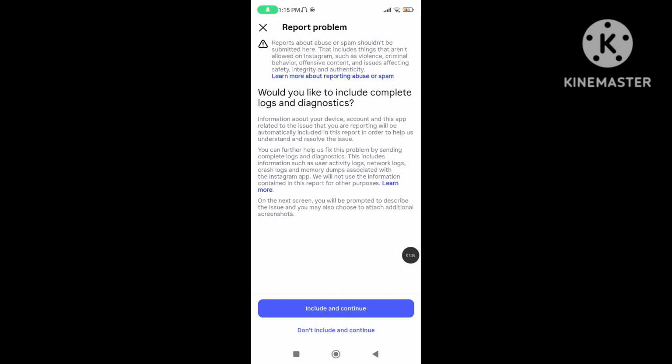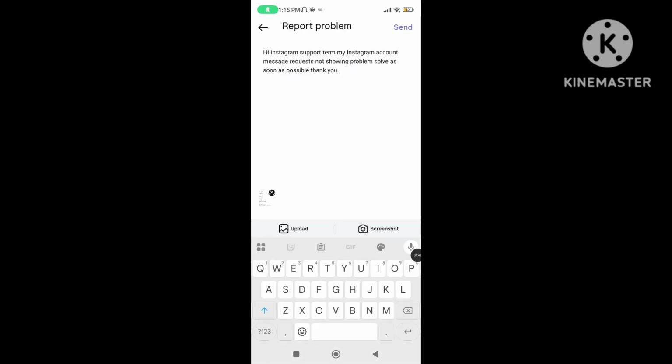Tap on Include and continue. You can briefly explain your problem. Hi Instagram support team, my Instagram account message request is not showing. Please solve this problem as soon as possible, and send it to the